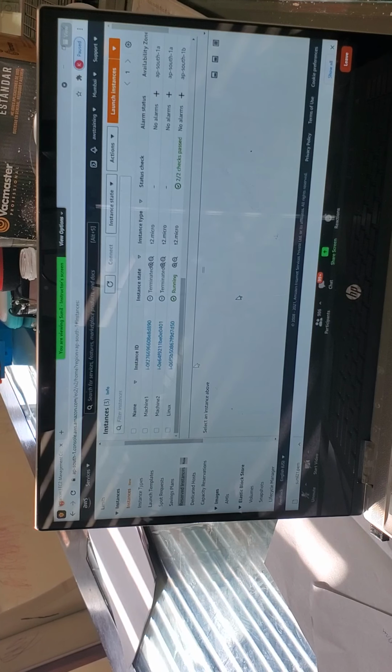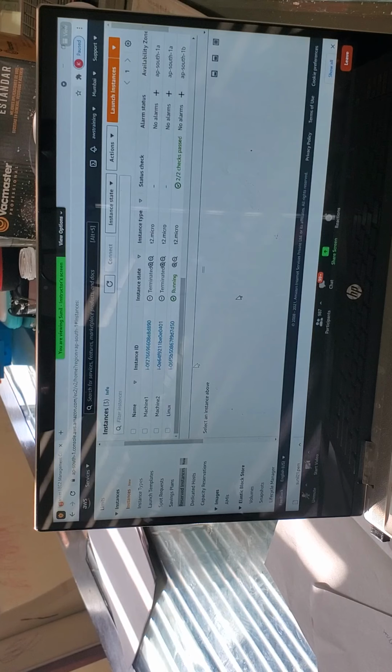Like, if we create an instance in Mumbai, is it possible that tomorrow I can move it to some other region? Yes, you can do that. I'll show you soon. Right now, by default, we are working in the Mumbai region. We can also work in other regions, that's not a problem. But we'll see how we can move our machines from one region to another region. We'll be discussing it in the sessions. Okay, thank you.